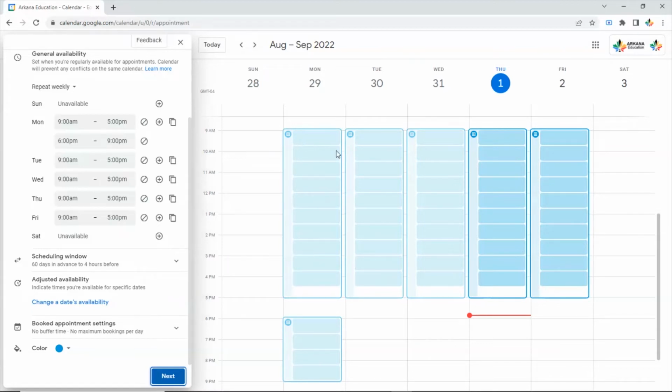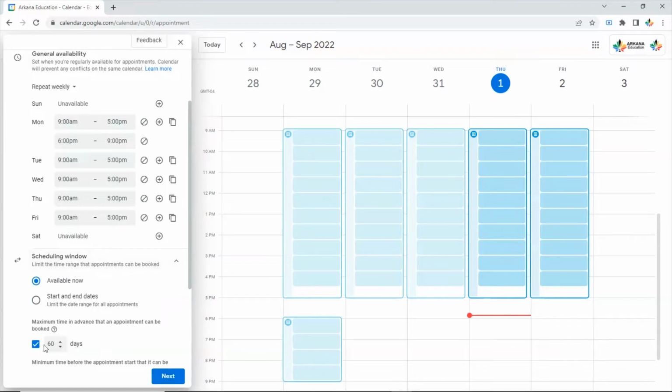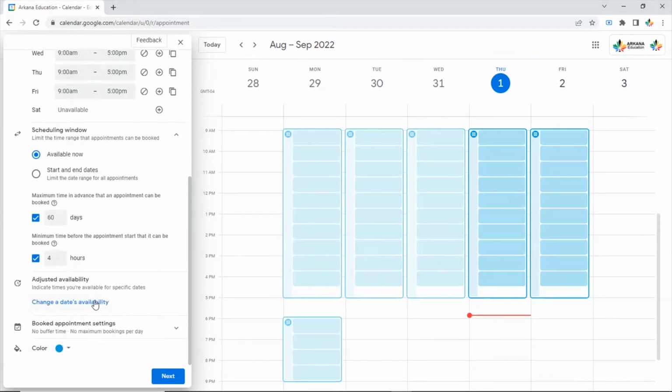Let's say you're working from home, or you at least need a few hours before the meeting to prepare yourself. In that case, you just check this section and change it. Right now it's 60 days and available now, but you can create limits and a range of appointments for people to be able to